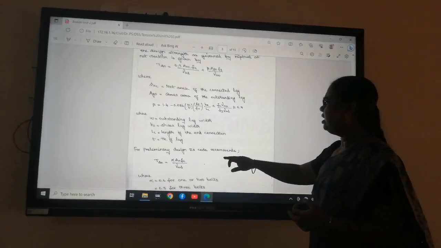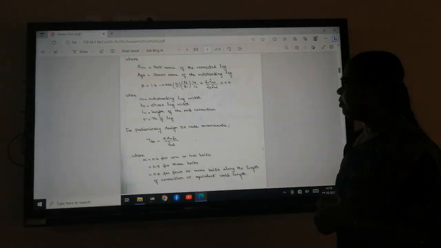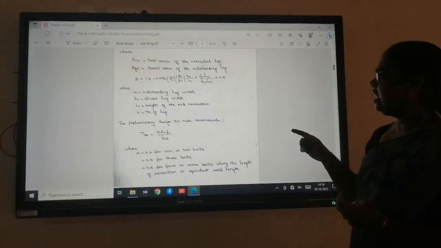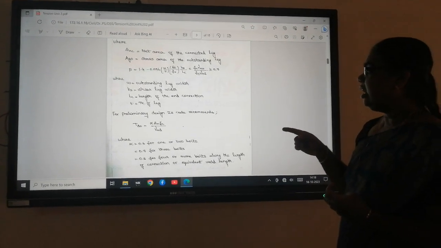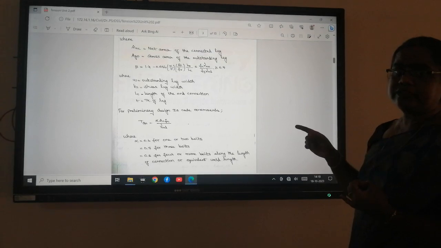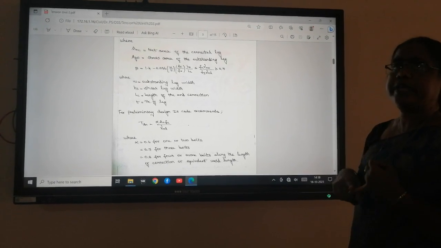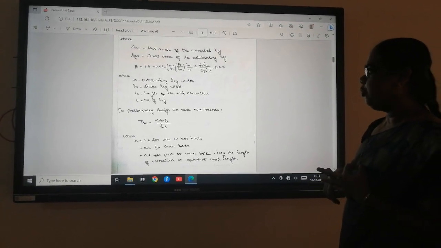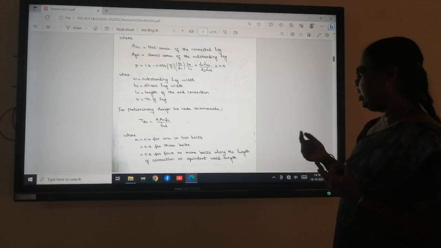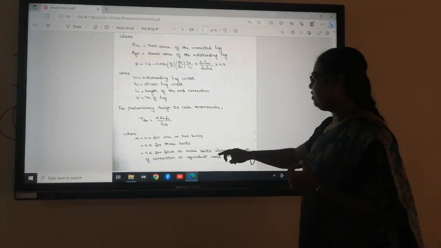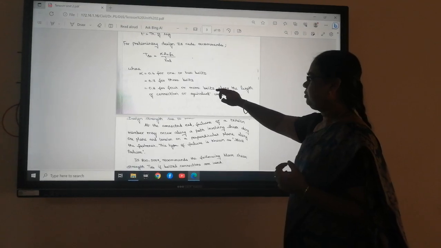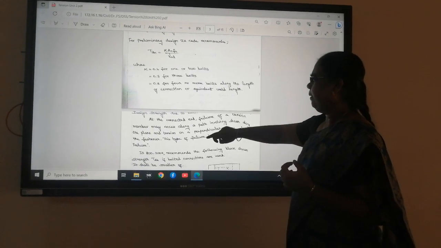For welded connection design as per IS 800 recommend Pdn equal to alpha An Fu by gamma m1. Here alpha value is 0.6 for 1 or 2 bolts, 0.7 for 3 bolts and 0.8 for 4 and more bolts along the length of connection or equivalent weld length. Here design